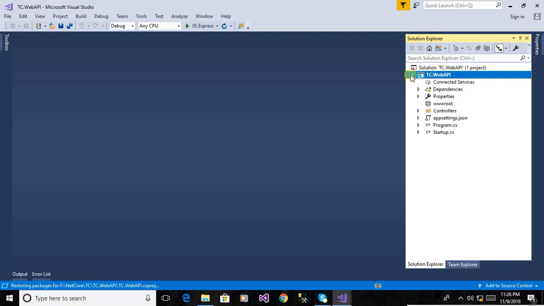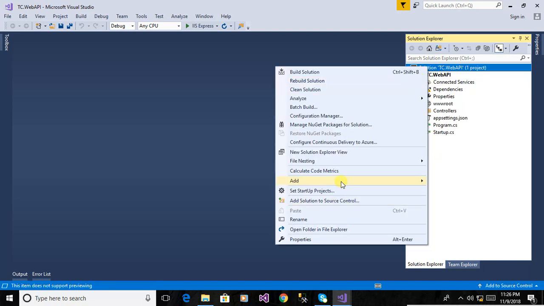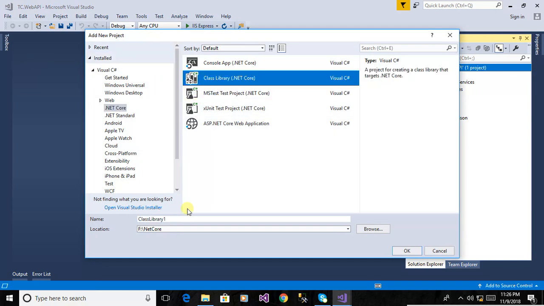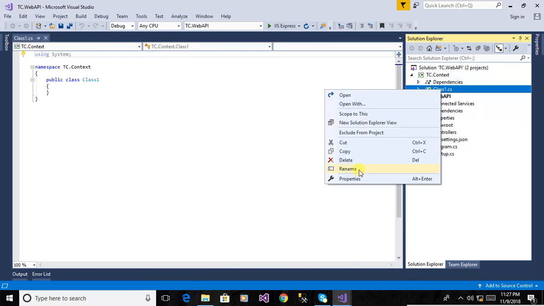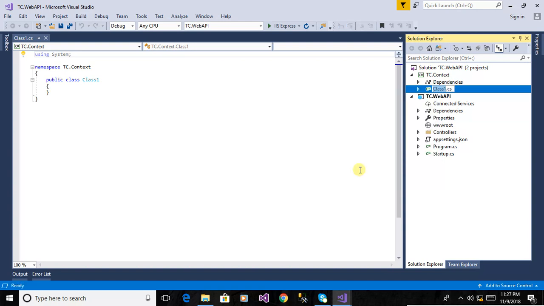This is the presentation layer, and now we are defining another one. We are taking another project, a class library, TC.Context. This is the Entity Framework context. In this project we are using Entity Framework to work with the database, and we are naming this class